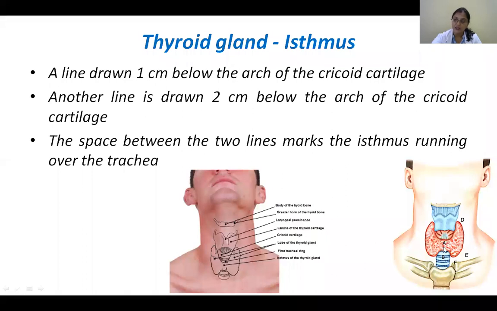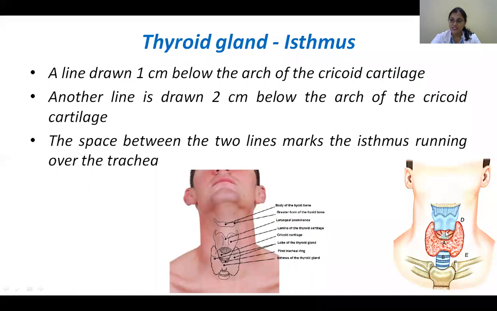This isthmus is particularly important because it will help you to identify the part of the trachea above this and below this. And this is important for one of the important emergency surgeries, a procedure called tracheostomy. If some problem is there with taking in of the air, then we have to do an emergency tracheostomy where we can directly create an opening on the trachea, so that the air directly enters into the lungs. Meanwhile, we can check where the obstruction is. So tracheostomy is done at different levels. Just for understanding, it is done as high, mid, low, but each has its own risk.